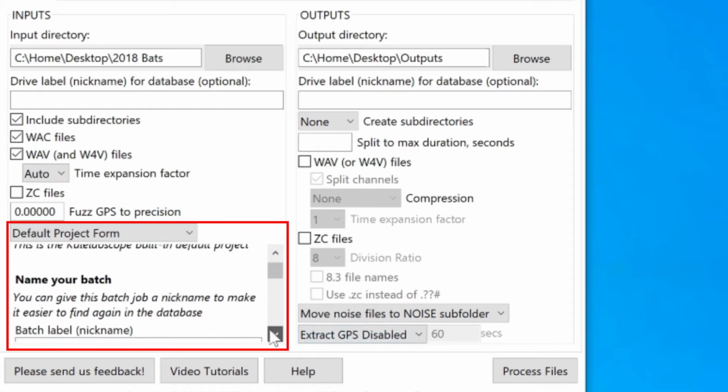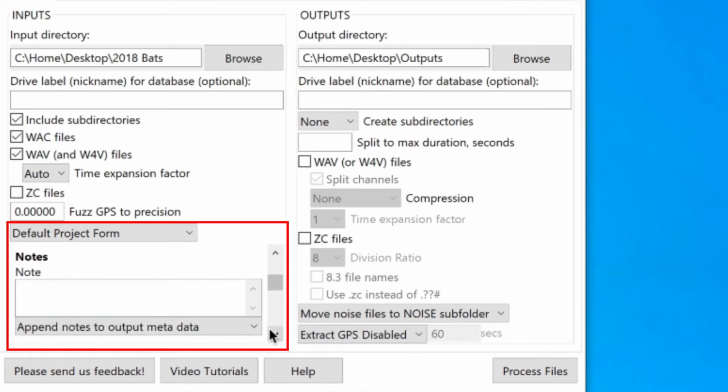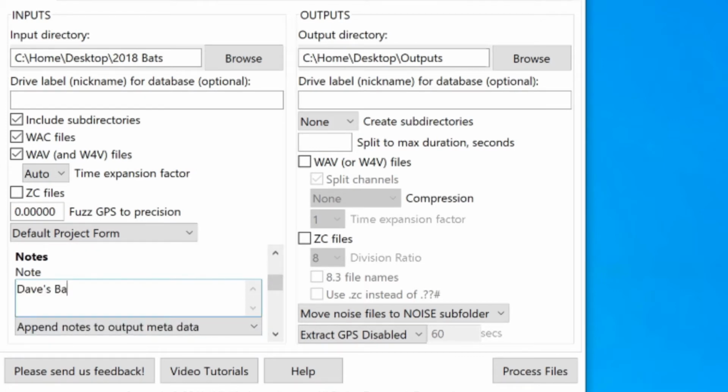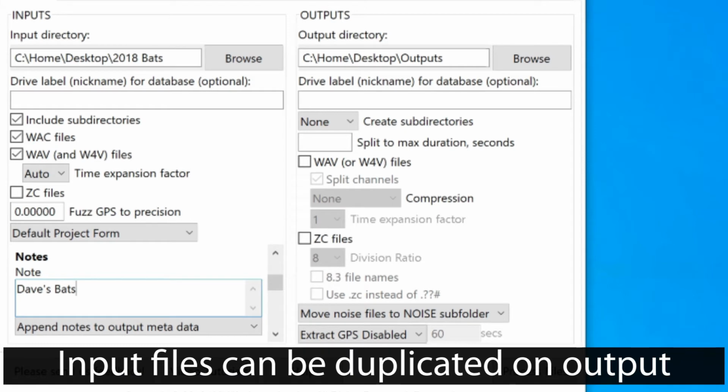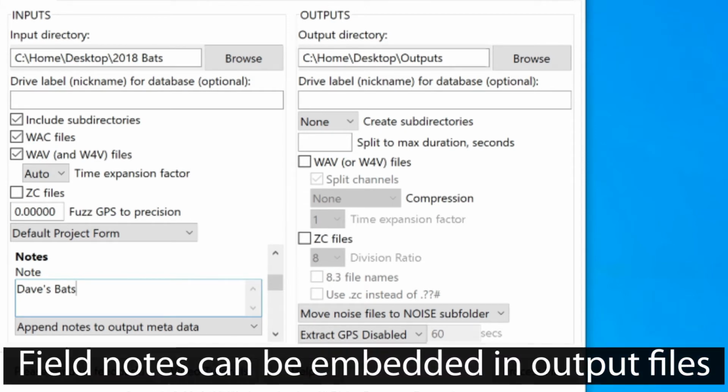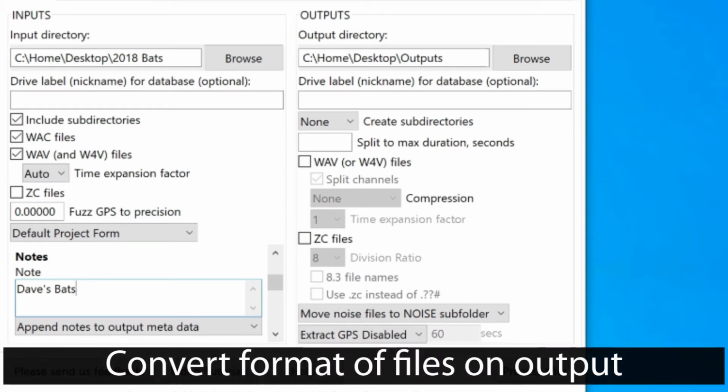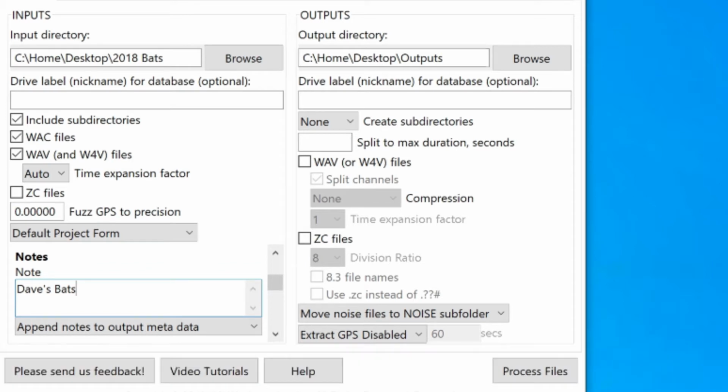Here's the project form. This allows me to add field note metadata to all my output files and results. To show how this works, I'll just write something simple in here for now. When I run a batch process, I have the choice to recreate my input files as output files. The reason I might want to do this is if I want to add field note metadata to the audio files, or possibly I want to do some sort of file conversion, such as converting WAV files to zero crossing